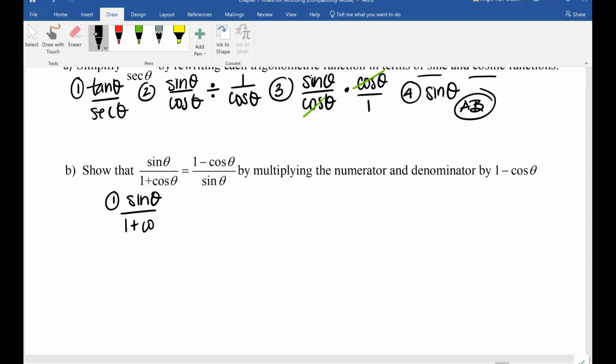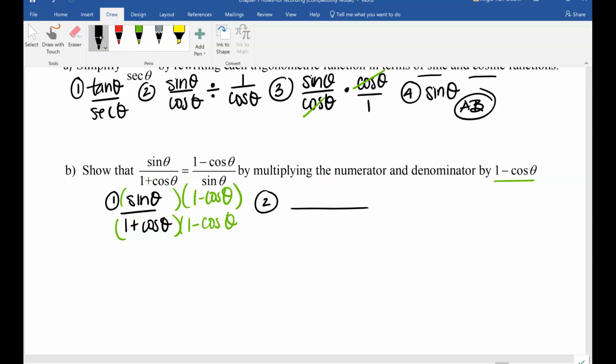Yes, you can change your mind, then you just have to do it again and put the new number 1 down. To give you a hint, it says multiply both numerator and denominator by the conjugate, which is 1 minus cosine of theta. Then step number 2,